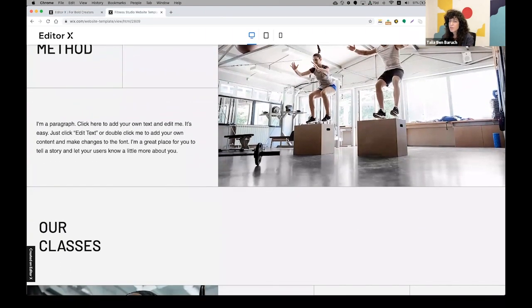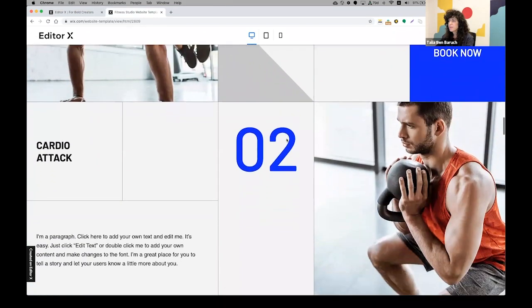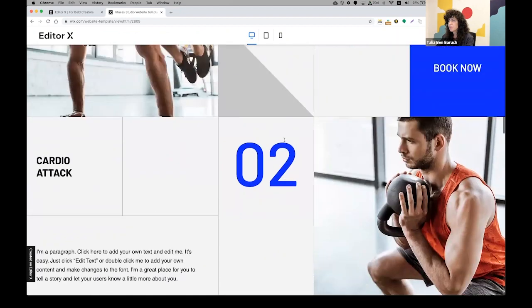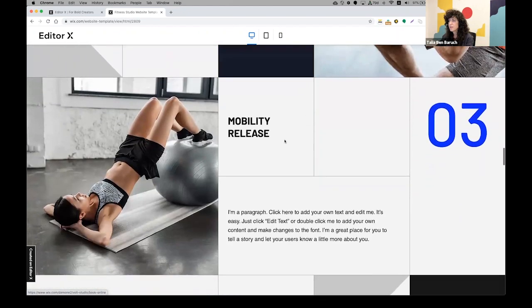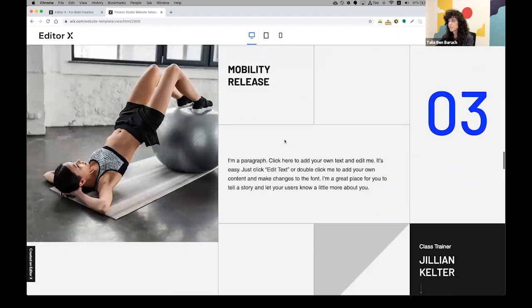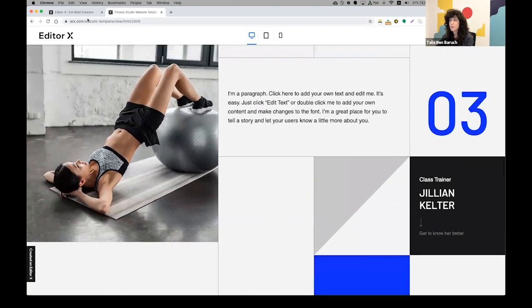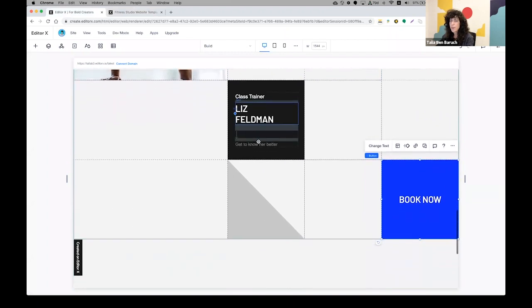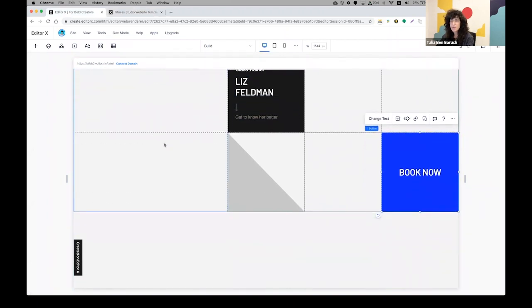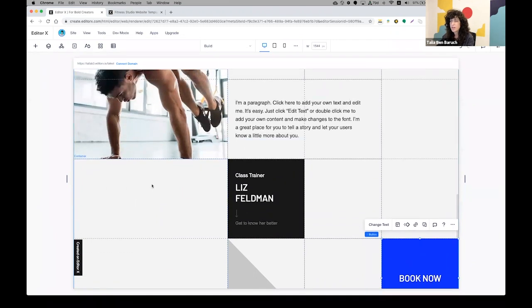Okay. Now I would like to show you another section, how to build it. But since the second one is very similar to the first one, I'm going to show you the third one instead. See this part going under. Let's do it a bit differently this time. I can build it from scratch, but I want to show you how to do it faster using the duplicate section. I can open the layers panel